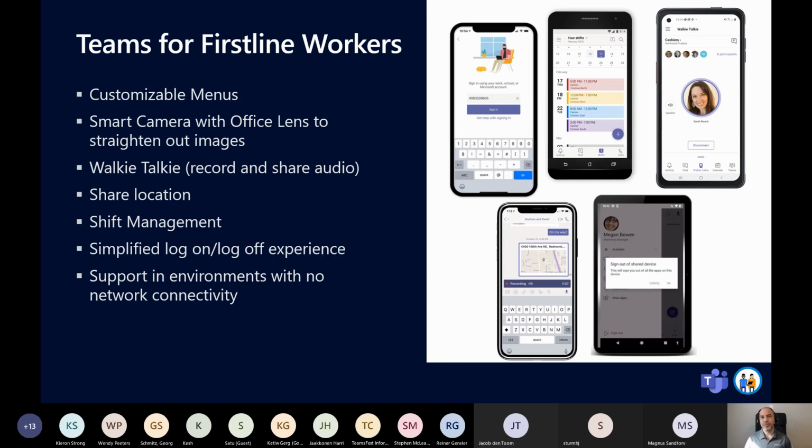And also when you start working in locations where connectivity might be poor, for example, people who are working inside of a mine or other remote areas that don't have readily available connectivity, you can still perform a lot of the tasks in Microsoft Teams that normally you would not be able to do because you had to be connected to the network all the time.